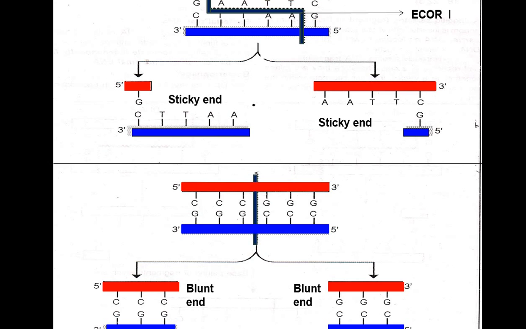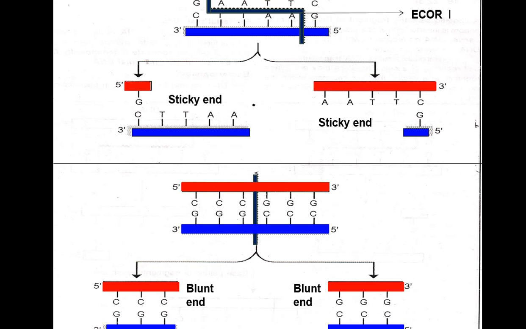This end is called a sticky end, because these nucleotides are now naked and exposed, and this fragment is free here and here. This type of end is called a sticky end. So when a restriction endonuclease cuts the palindromic sequence of double-stranded DNA, you can get sticky ends.